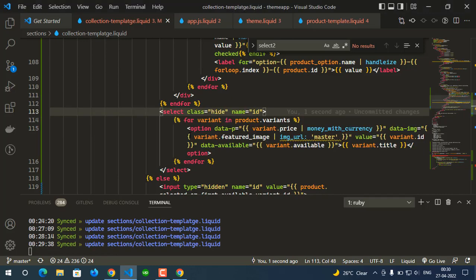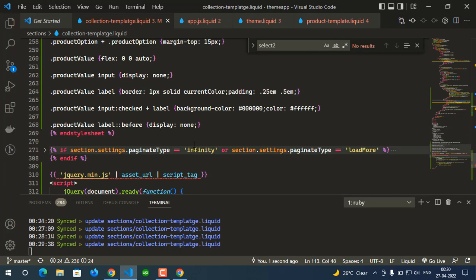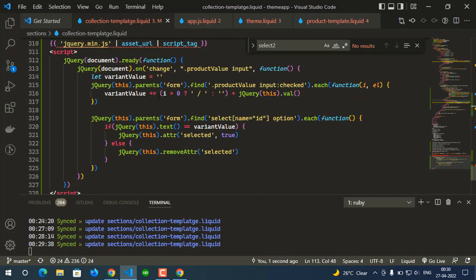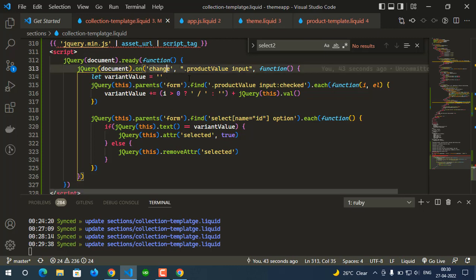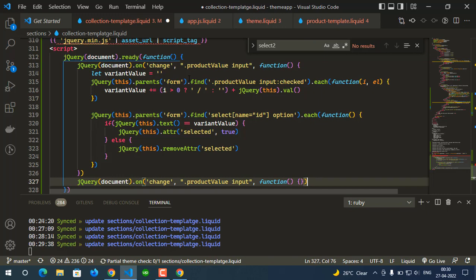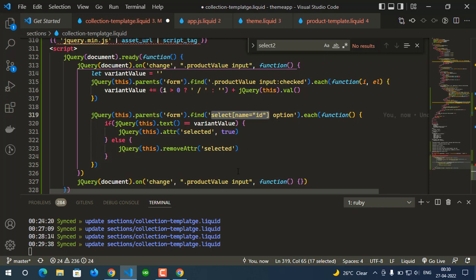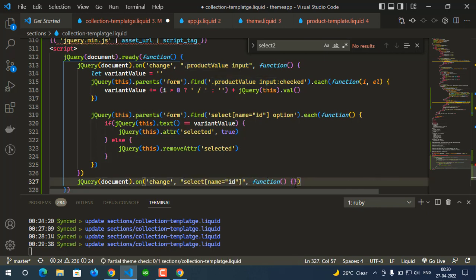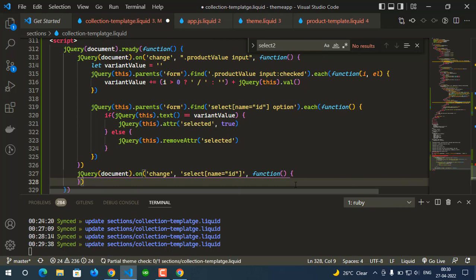Okay, so next thing is on change select dot select id on change, we have to do